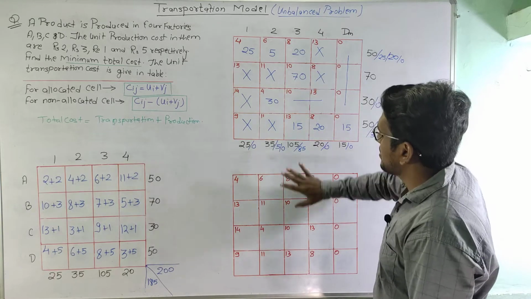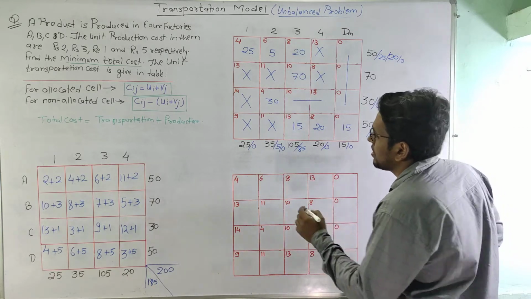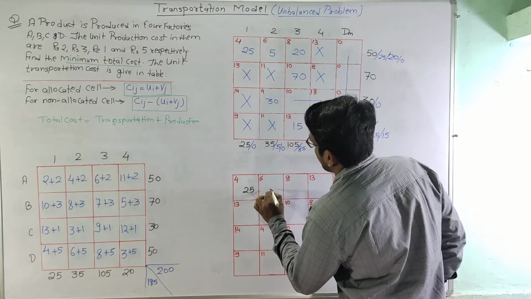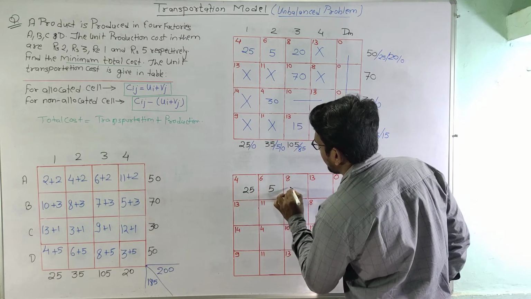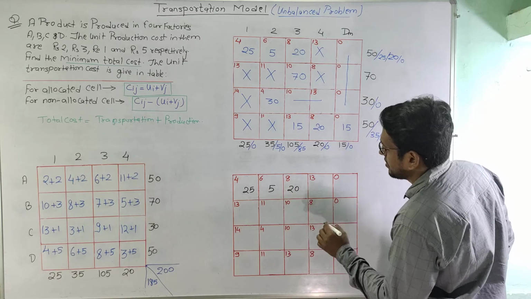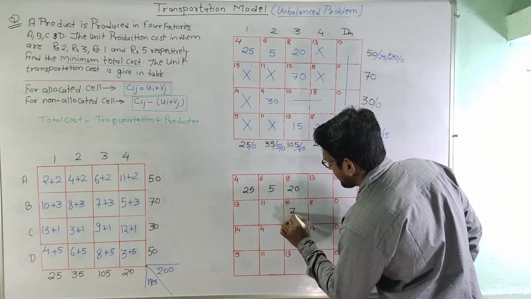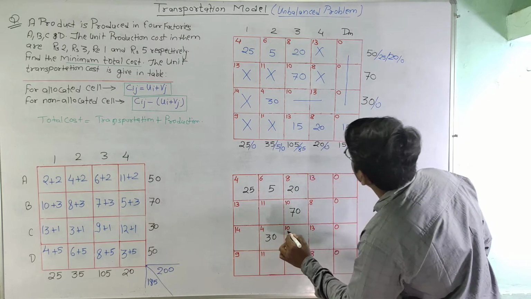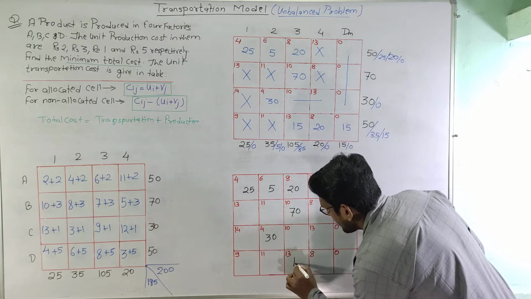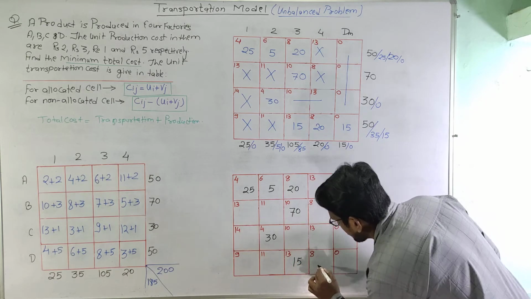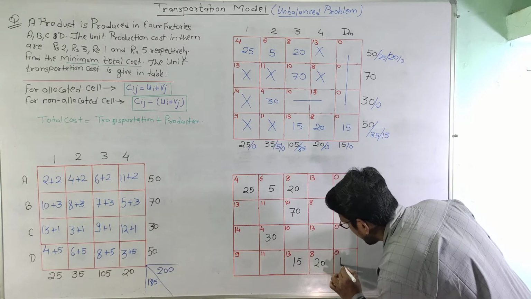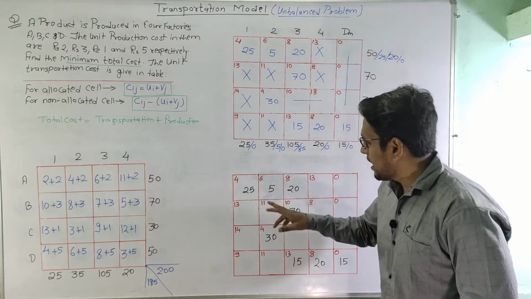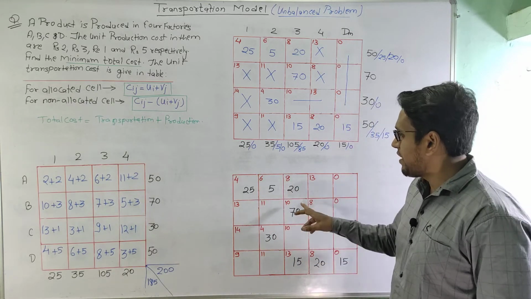So I am writing this in the new matrix. So this will be 25, 5, 20, this is 70, and this is 30, and this is 15, this is 20, and this is 15. So let us see, we have total 8 number of allocations,